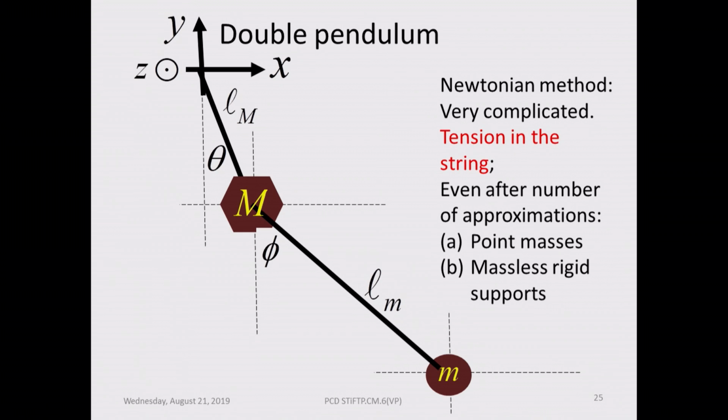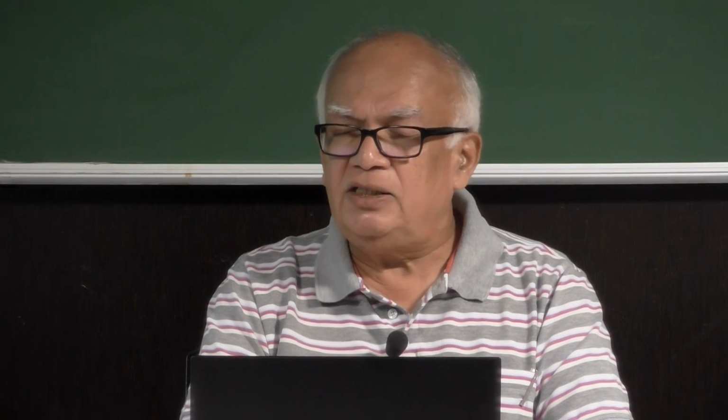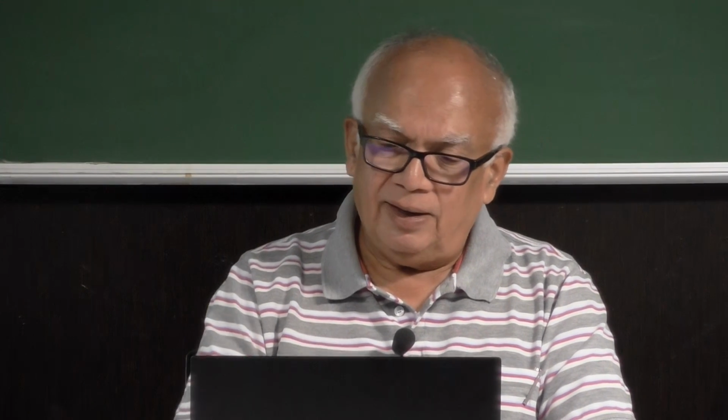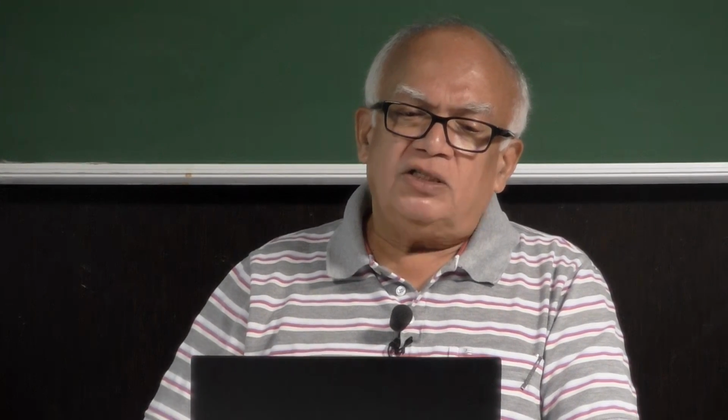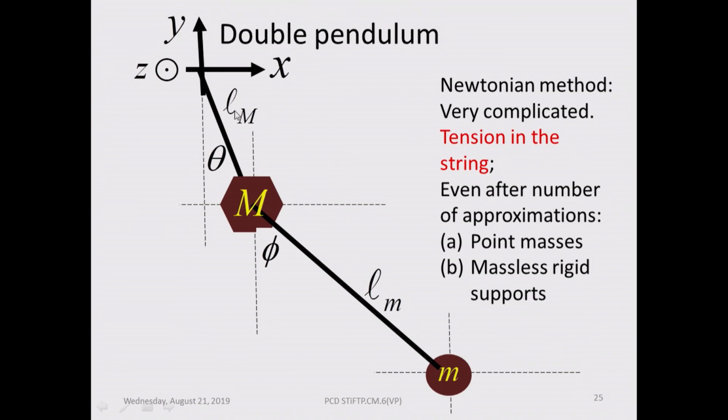But even with these gross approximations, this is not an easy problem to solve. So the length of the rods may also be different. So this length is Lm with this uppercase m, and this length is L but with a lower case m. So the lengths of the rods are different, the masses are different,